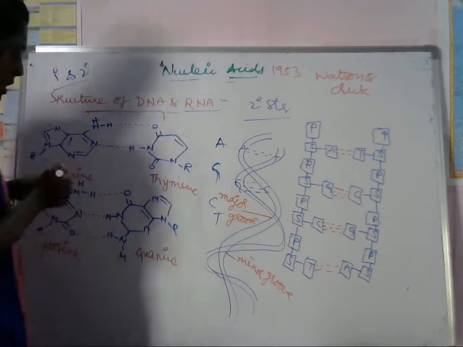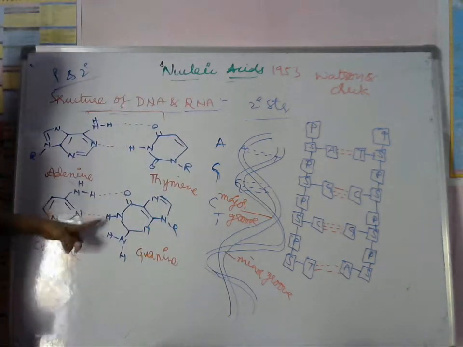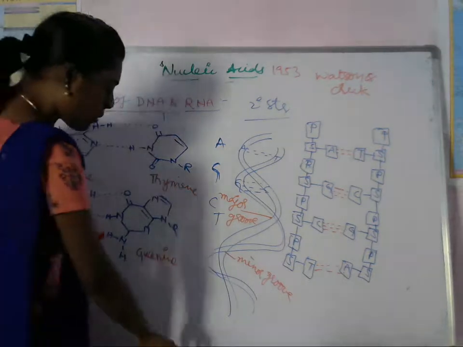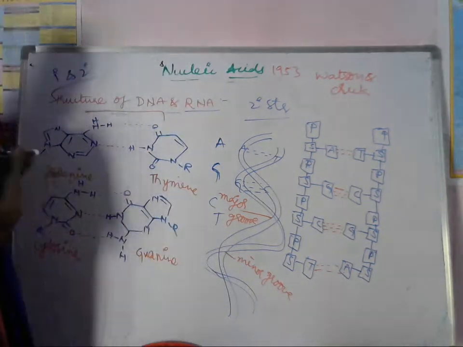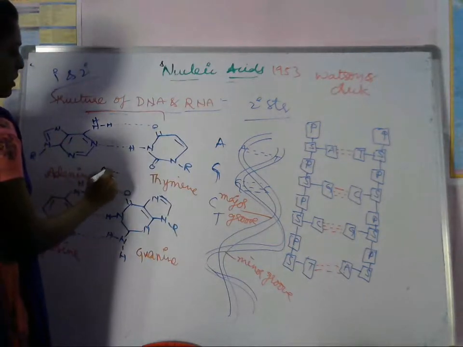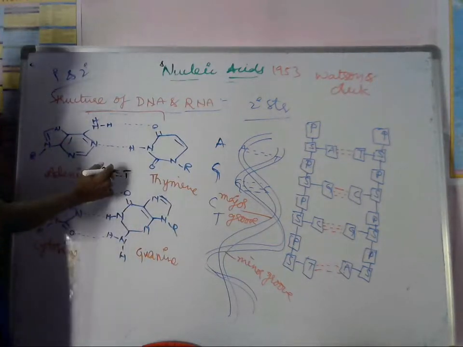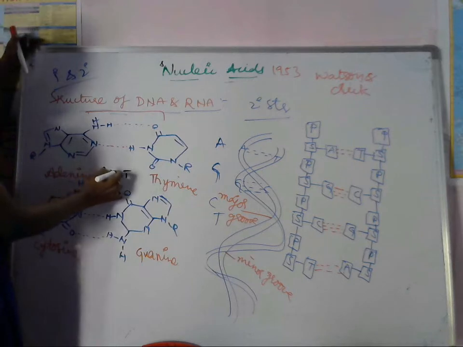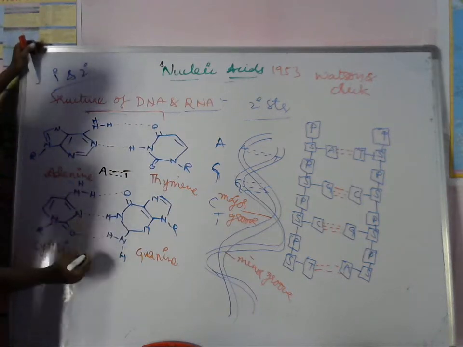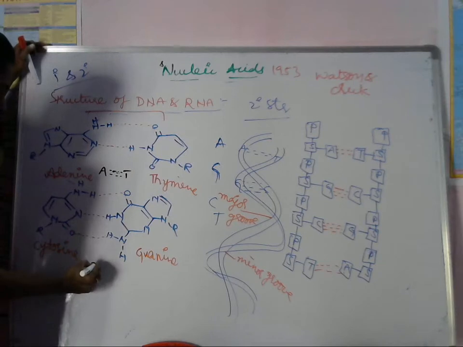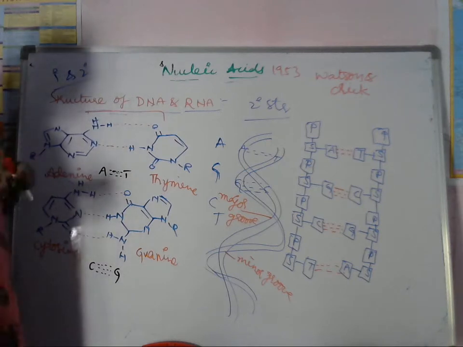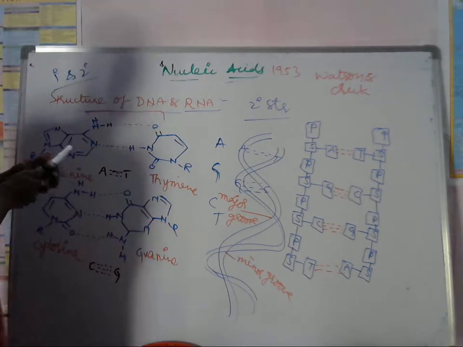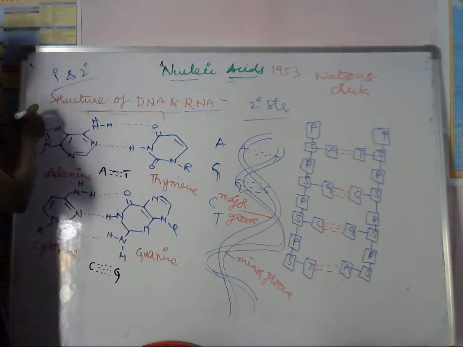So there are three hydrogen bonding interactions, so that's why we have to show this one as a T, which means a double bond here. Two interactions are there. Next we have to show this as C. Here three hydrogen interactions are there. Okay. So like that, this is the primary structure, the primary structure of the DNA.